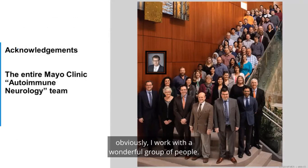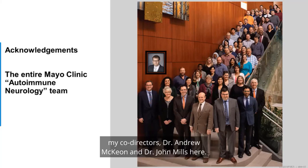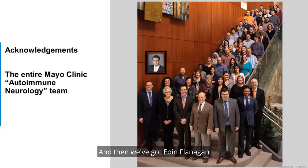And again, obviously, I work with a wonderful group of people, and not only all of the people that are working to try and help you get access to these tests, but all of my consultant colleagues: Vanda Lennon, who founded the lab. My co-directors, Dr. Andrew McKeon and Dr. John Mills here. He's our technical director and laboratory trained. And then we've got Owen Flanagan, who's the expert in myelopathy evaluations, Anastasia Zekeridou, who is our paraneoplastic diseases expert,